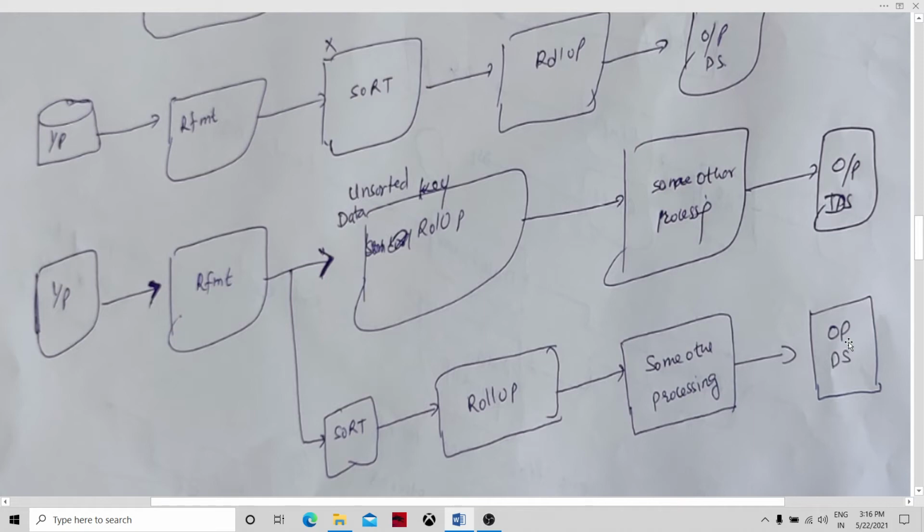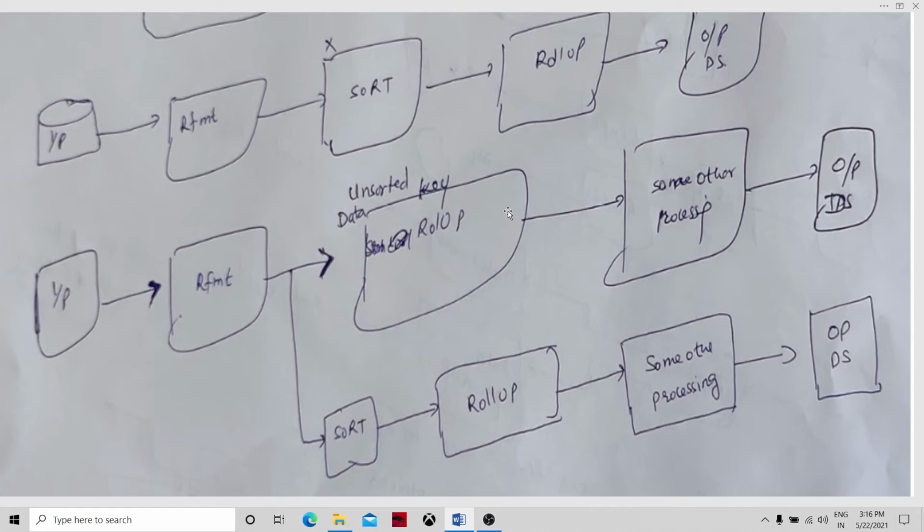So what is happening is that in the upper flow we have a roll up, an in-memory roll up. The in-memory roll up will partly break the pipeline parallelism, because roll-up operations are also performed only on sorted data sets.